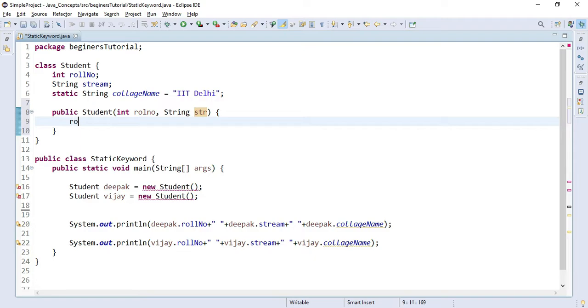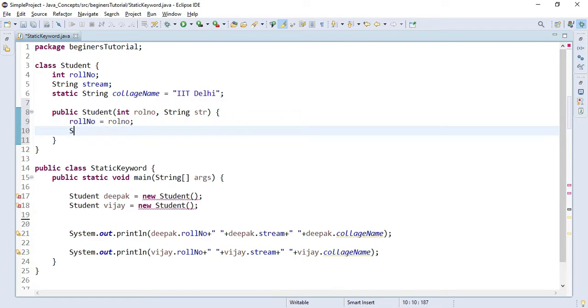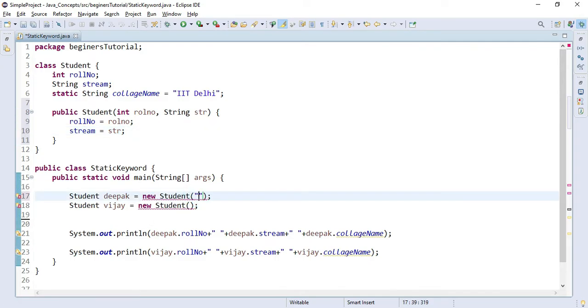And I will initialize my variables like this: roll number, and the stream will be str. And you will see we are getting some error, because now we will have to pass the parameters.